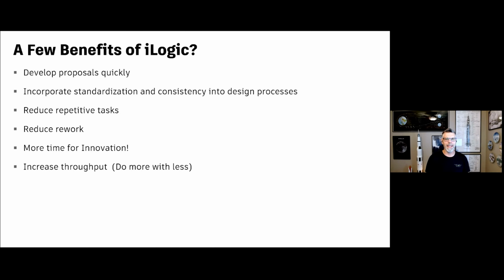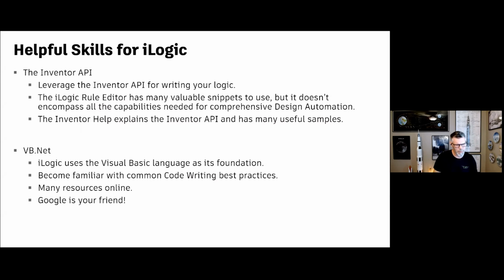So automation is a mechanism, an avenue to approach better and more innovation. And of course, it increases throughput. So like I said before, it allows you to do more with what you have, and in some instances, to be able to do more with less. So that's one of my favorites as well.